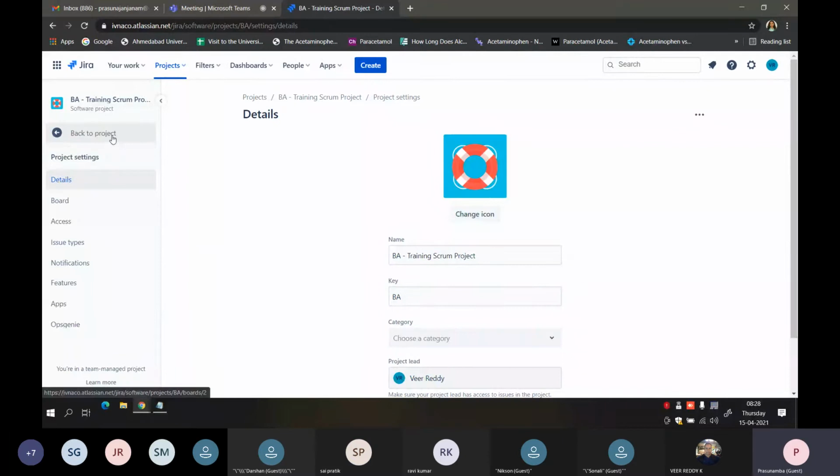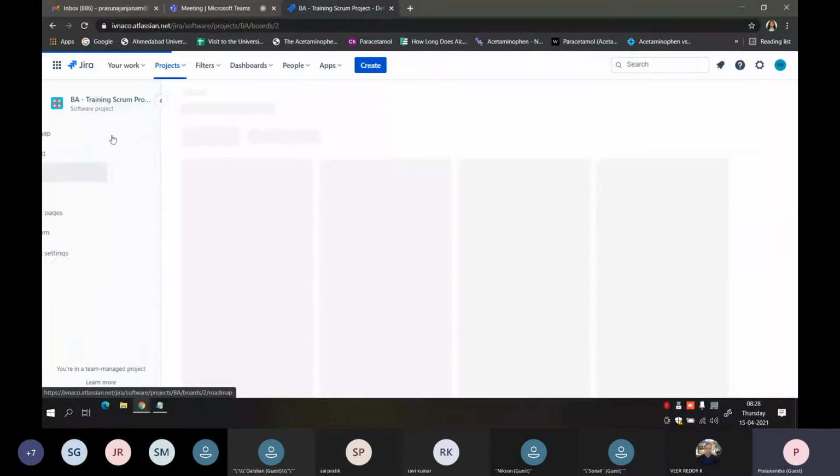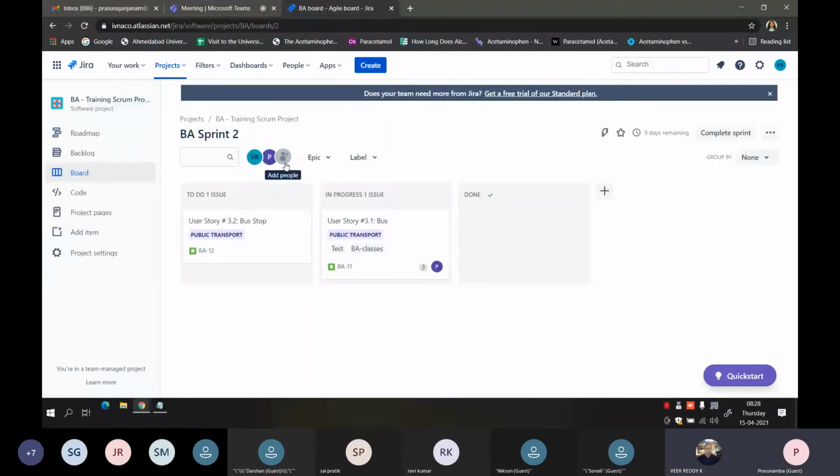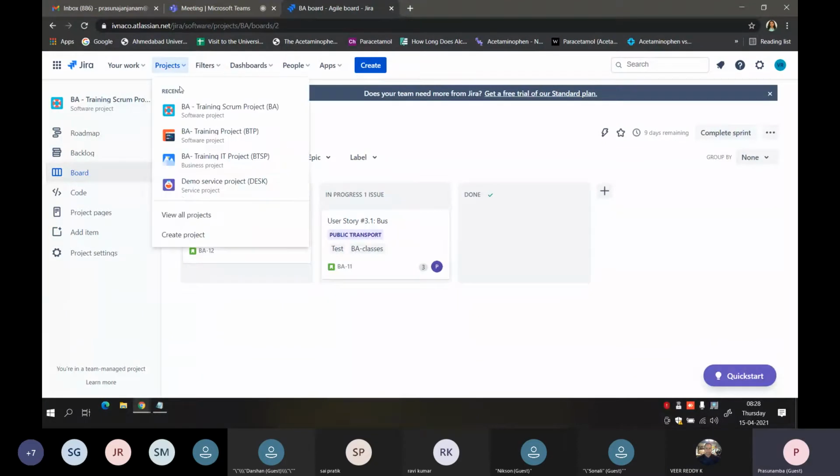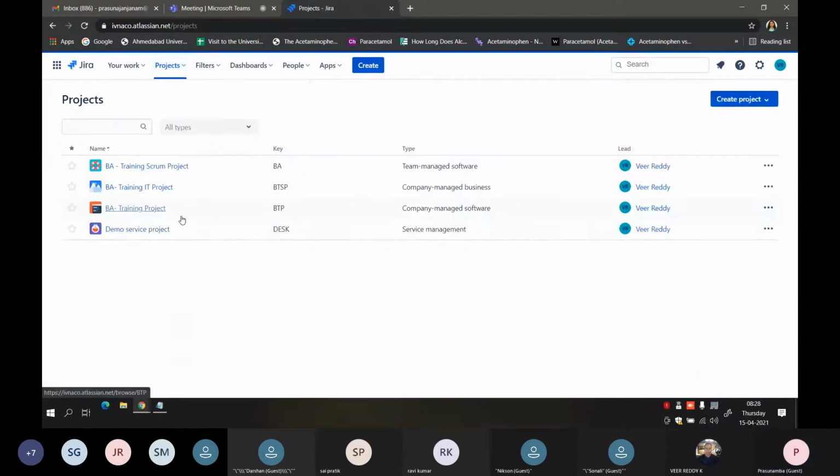As I told you, there are two types of projects: one is company managed projects, and the other is team managed ones. If you see the type of the projects that are present, it is shown over here: this is a company managed one, and this is a team managed one.